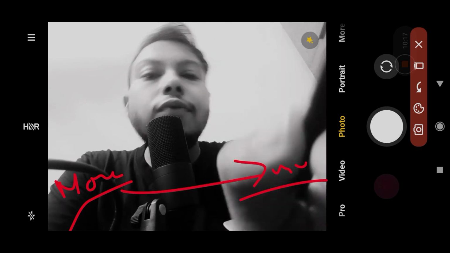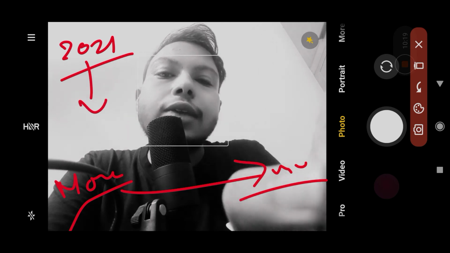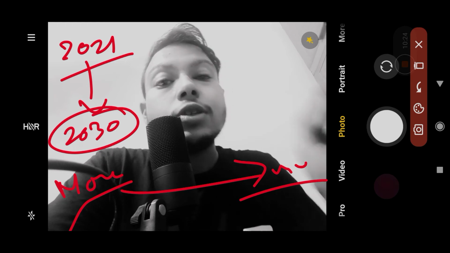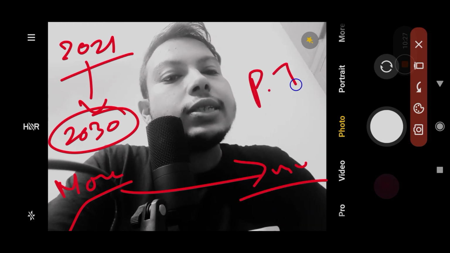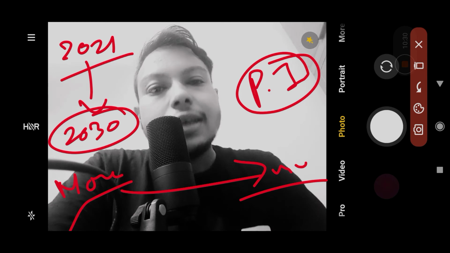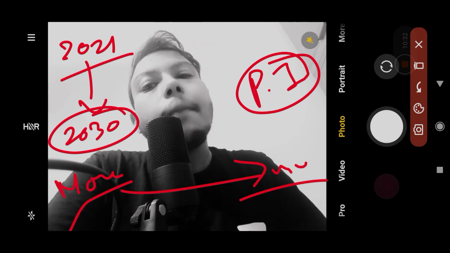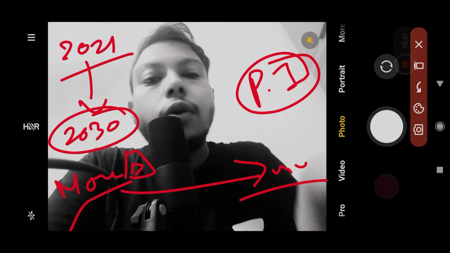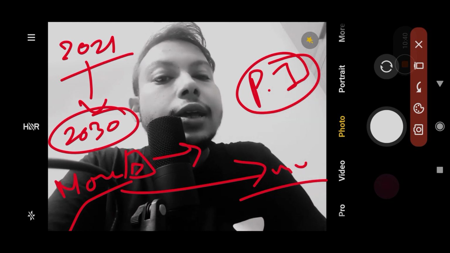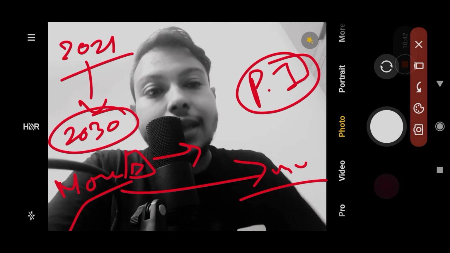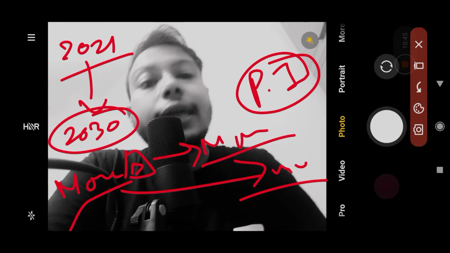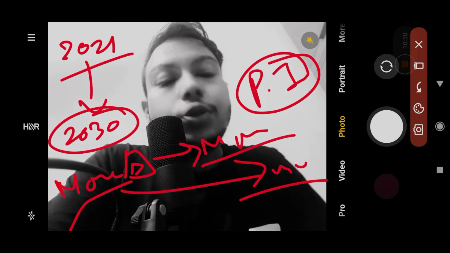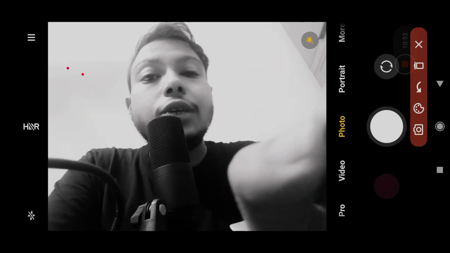For example, if you start from 2021 you can make money in 2030 on the same video, so it's gonna give you what we see as passive income, right? So it's an asset that is putting money. Once you have invested some money into producing the video, now it is giving you dividends, we can say. It is giving you money every single day, every single month, every single year, right? So that's how you can make a niche based channel, and you can have an asset.